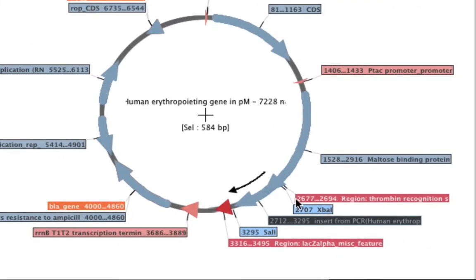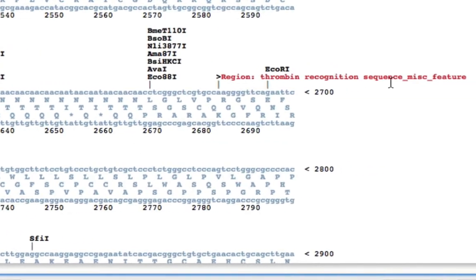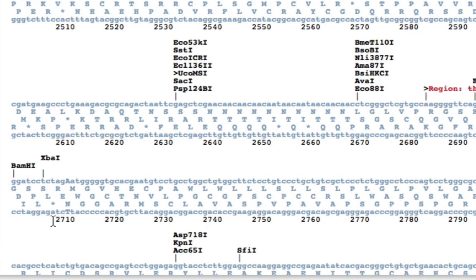There is a thrombin recognition sequence at 2677. That's our sequence, and then comes our erythropoietin, right? This is 2710, 2711, 2712.